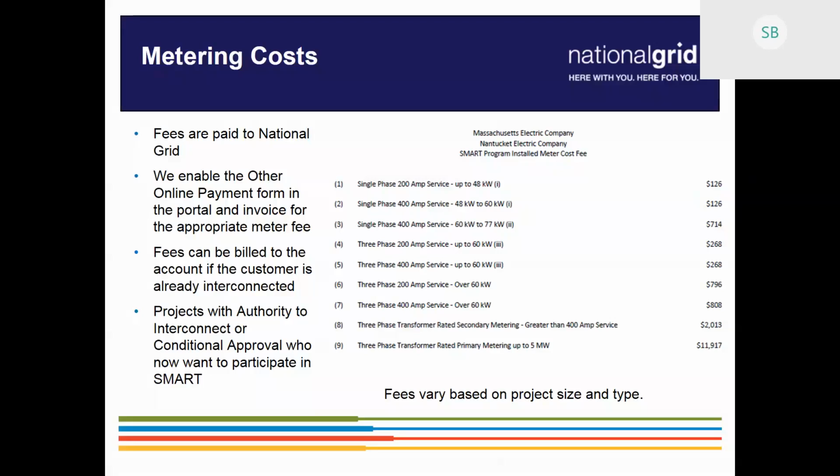And just to be clear, the ISO is a FERC regulated entity. They're not regulated by the Massachusetts Department of Public Utilities. Not that they're not interested in working very closely with state issues and concerns, which they are. There's a lot we're working on to try to accelerate some of those. One of the options is whether you can have additional meetings. The problem is you need all the backup data and analysis to be able to have the additional meetings, and that takes a lot of additional time as well. So we're working on trying to streamline it.